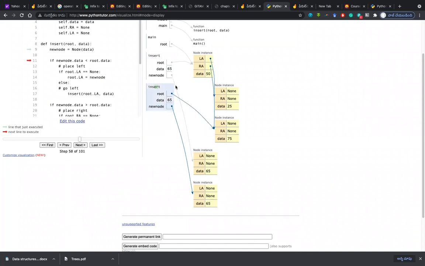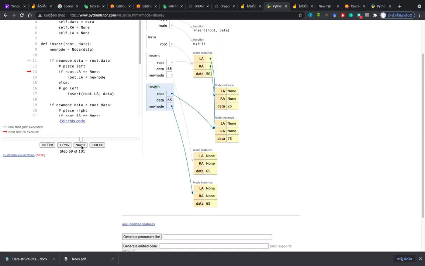See what a redundancy. In this case, where I am pointing to the red mark, it is unnecessary. Where I want to insert, there only I have to create a new node. Why, every time you call a function, you are creating a node, so your space complexity and also time complexity is increasing.